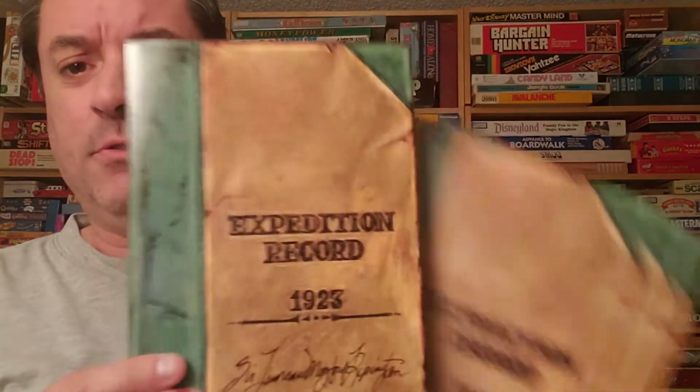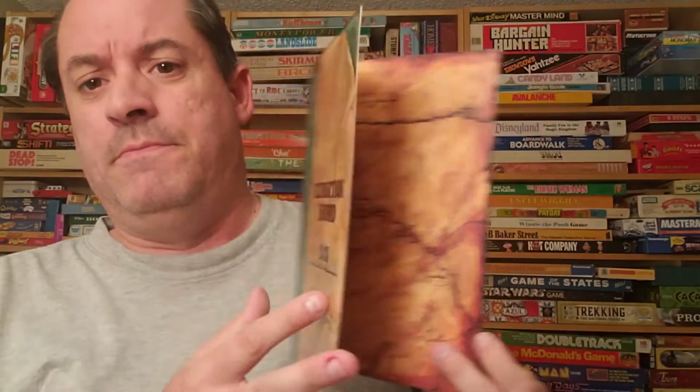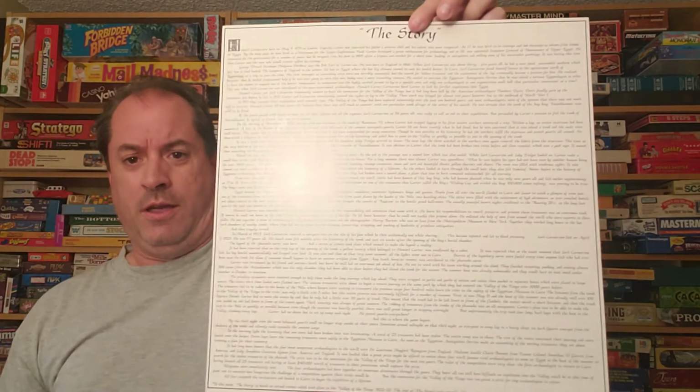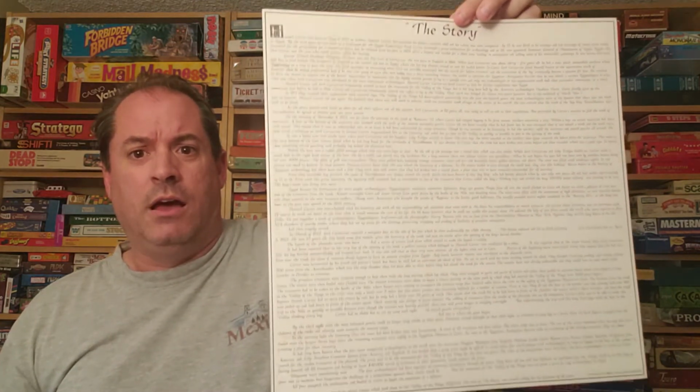And then each player has their own expedition record. There are 4 different players you can choose from. And they have these little folders that you keep your paperwork in, so it's kept private. There are 4 of these, one for each player. Now what's fascinating is I saw the story. It tells you a story behind it. Yeah, that's the story. So if I'm in the mood for any light reading, I guess I could read